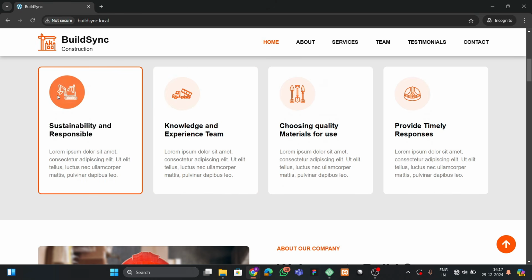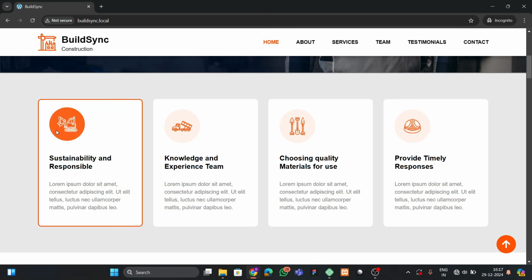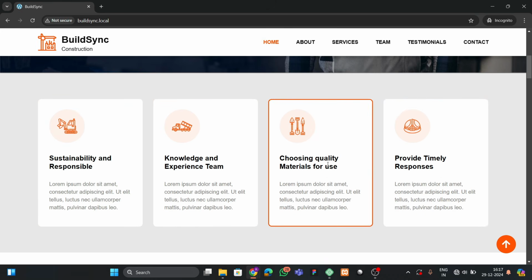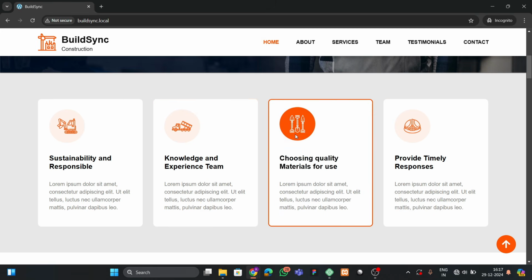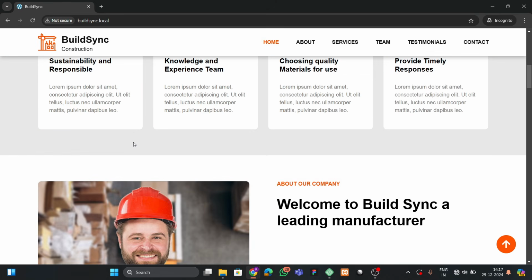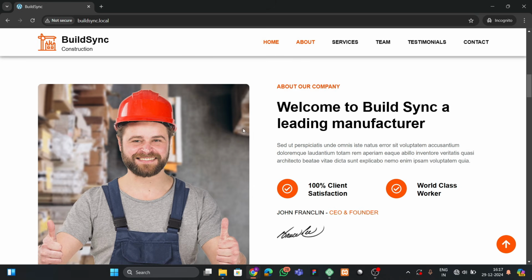And after moving to the next section you can see that we have this type of feature boxes here, where we have this type of hover effect on these boxes. So when I hover on these boxes we have this type of effect, and also we have these icons here. So when we hover on this icon we have this hover effect also. Okay, so let's move to the next section, and in this section also you can see that we have about